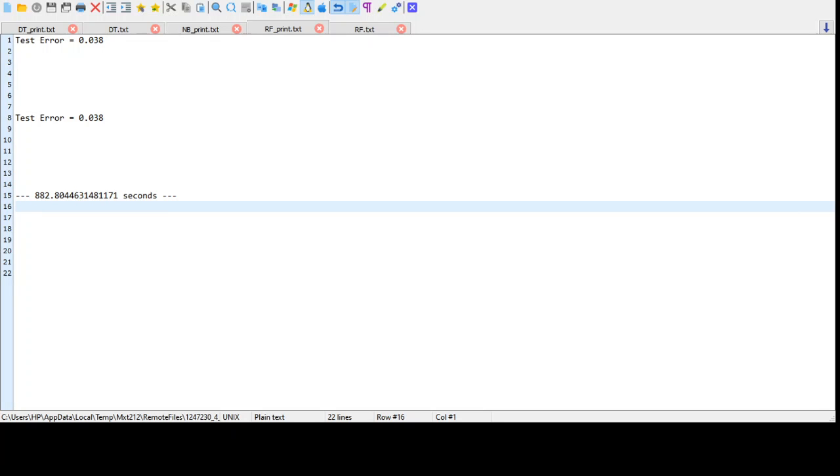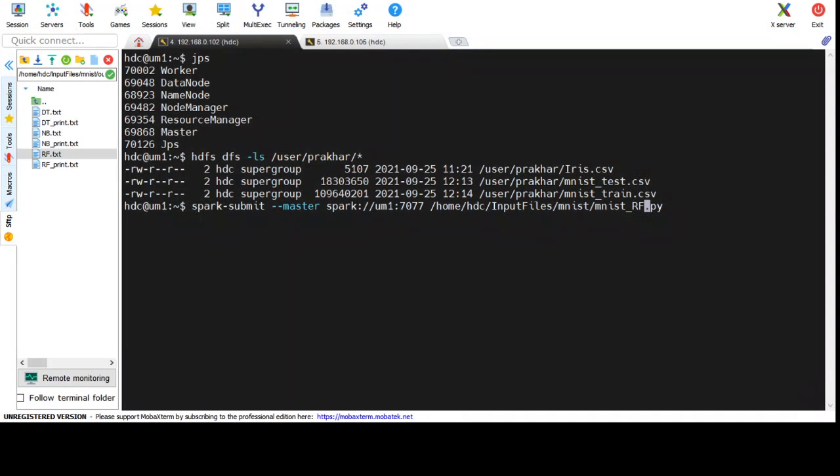See, let me submit one command so that I can show you these commands working in the Web UI. Okay, so let me submit this with the input files, the mnist dataset.